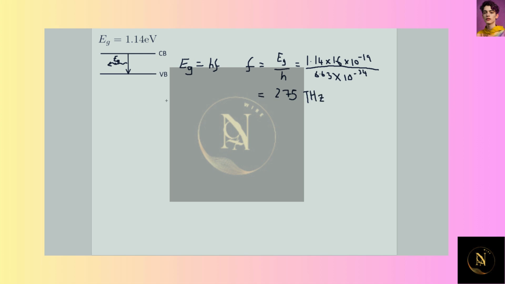The second part then asks us to work out the wavelength of this emitted photon. So we can rewrite this equation so that our band gap energy or photon energy hf is also equal to Planck's constant h multiplied by c, the speed of light, over the wavelength lambda. And all we have to do now is solve for lambda, so we can see that lambda would be equal to c over f, as the h's will cancel, and this is equal to 3 times 10 to the 8